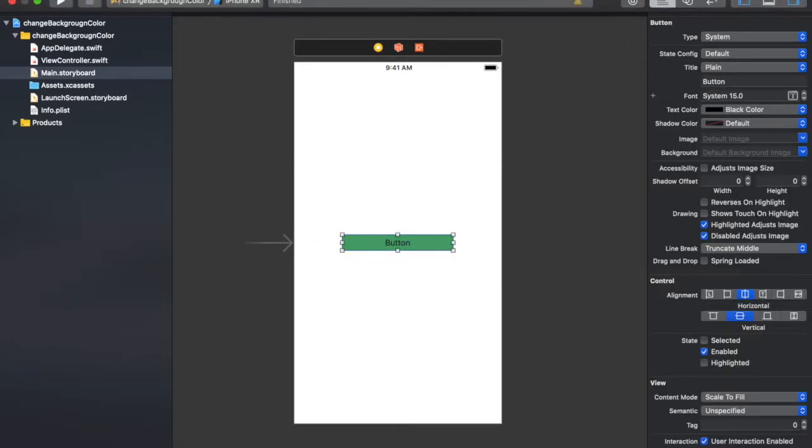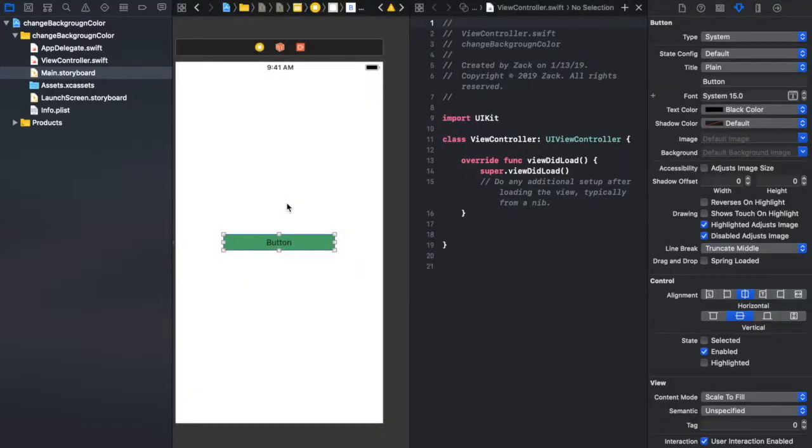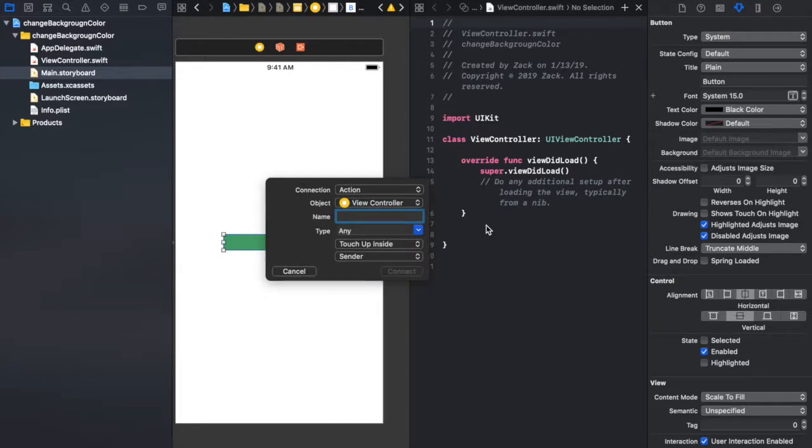Okay, next we're going to click on this, which splits the screen, so you could take a look at the view controller and the storyboard at the same time. You're going to hit Control key on your keyboard and click on this at the same time, and then drag over here, and you're going to want to place it right in the middle of these two brackets. And you're going to let go. Make sure this is action, and name this Change